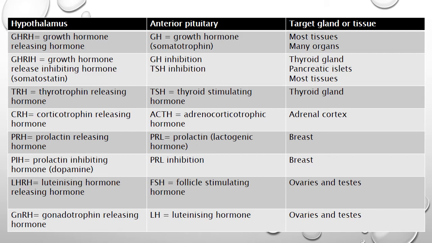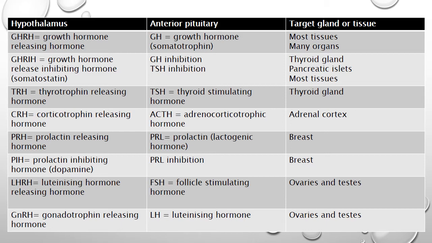See, these are the hormones. The hypothalamus triggers or releases the hormone. The anterior pituitary will secrete the hormone into the blood and it will go to the target gland. Now, the first one is growth hormone, whose releasing hormone is released from the hypothalamus, that is the growth hormone releasing hormone. Growth hormone has another name, somatotropin. It goes directly into the tissues and many organs for growth and development.